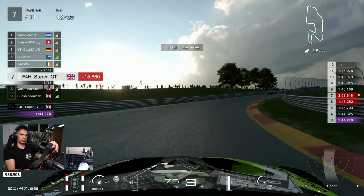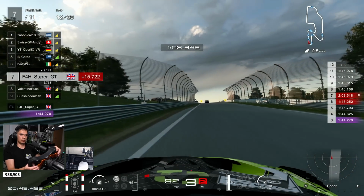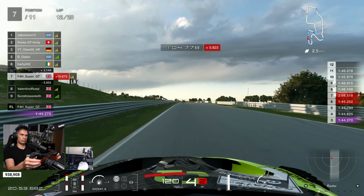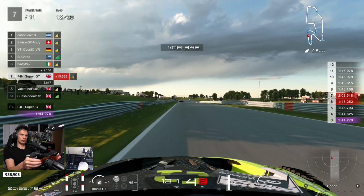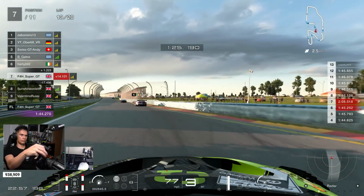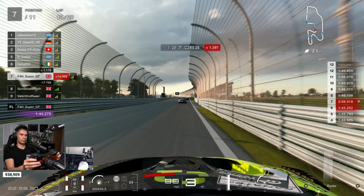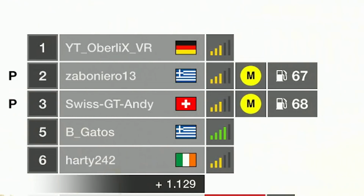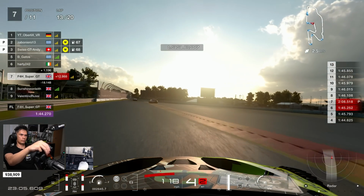I definitely think I went for the wrong strategy here, given that I forgot to change the tyres at the beginning, which really doesn't help. All I can do is make the best of the scenario and try to bring home this win in suboptimal circumstances. So the gap is down to 14 seconds now as the top couple of guys go into the pit lane,